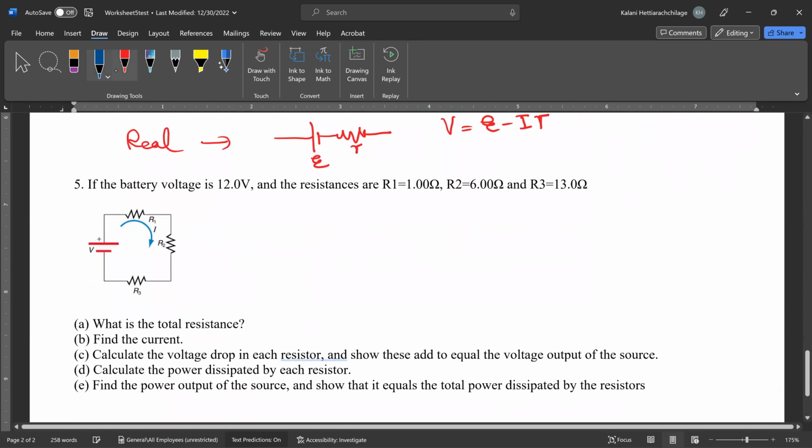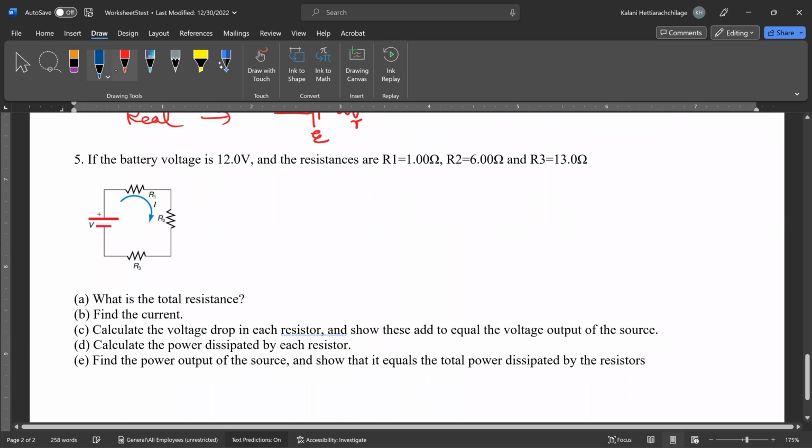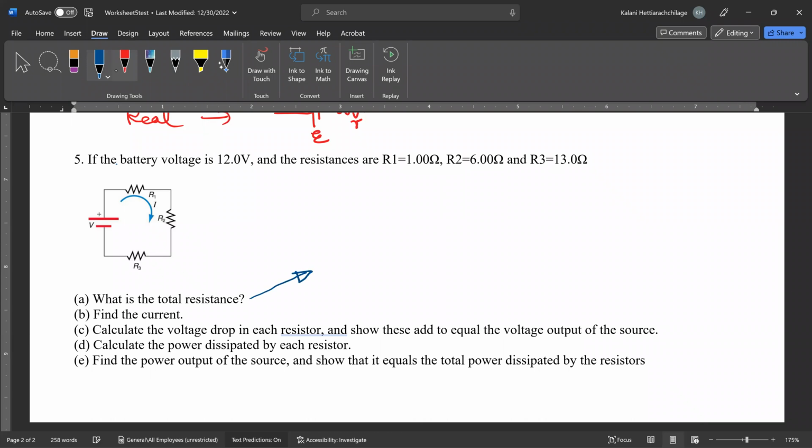Okay, so question number 5. There is a circuit. As you see, it is a single circuit. If the battery voltage is 12 volt and resistances of R1, R2, R3 are given, now it's asking me what is the total resistance. What is the total resistance means you need to find the R equivalent. So here you need to say R1, R2 and R3 are connected in series,